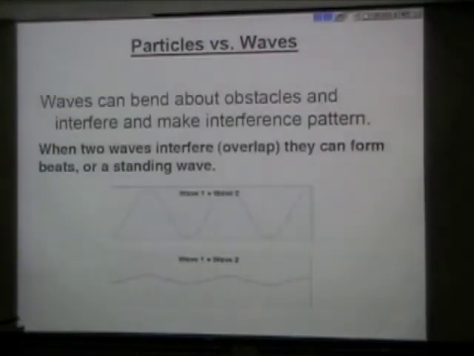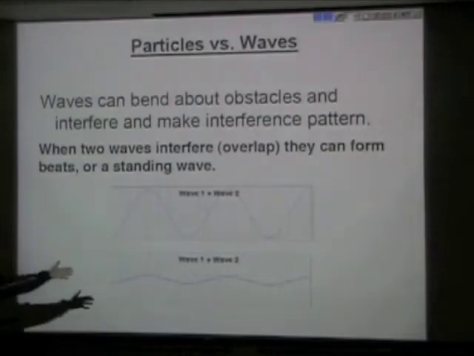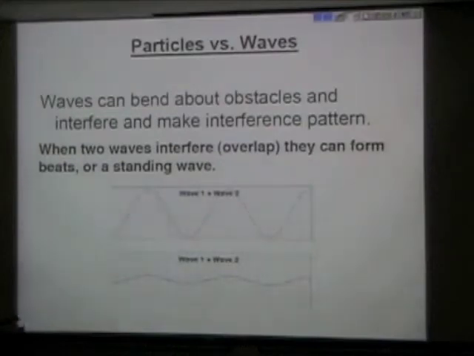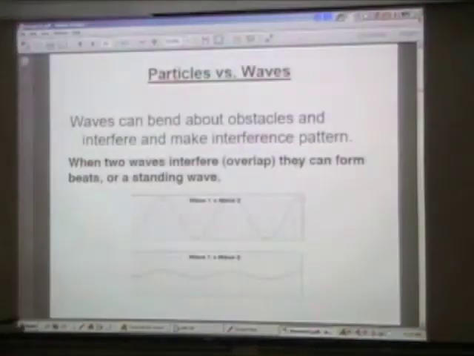However, there are some phenomena which cannot be easily explained by thinking of light as particles traveling in all directions. So, first of all, what do we know about waves? We know about waves, in particular,